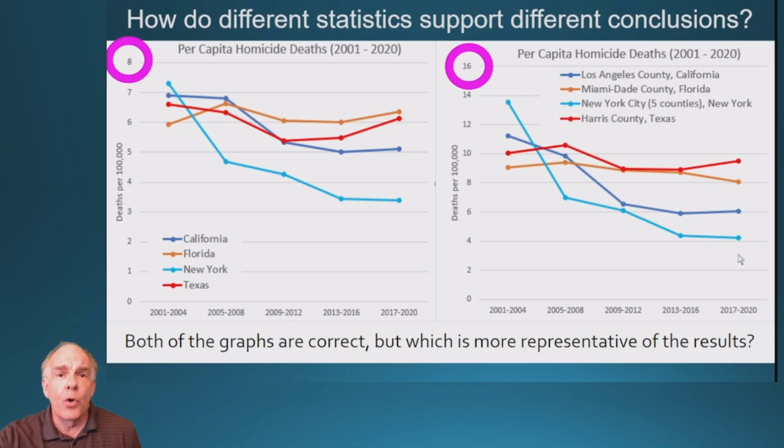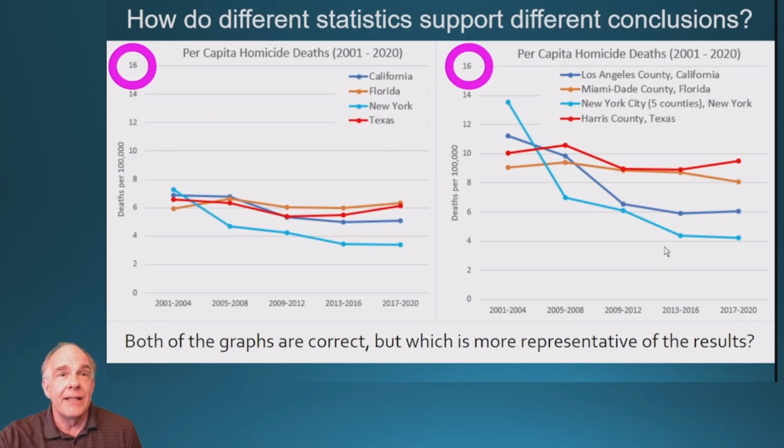So potentially a more accurate representation of this would have the same values, the same height of this y-axis, the same height of this graph. And so if we make that variation, what we can see is that if we look at those urban areas, again, arguing that there are more deaths occurring in urban areas, in this case, both of these graphs are going to go from 0 to 16 homicide deaths per 100,000 residents. And we can see statewide, the values are pretty much between 6 to 8, maybe 5.5 to 8